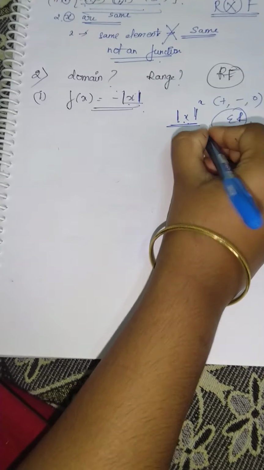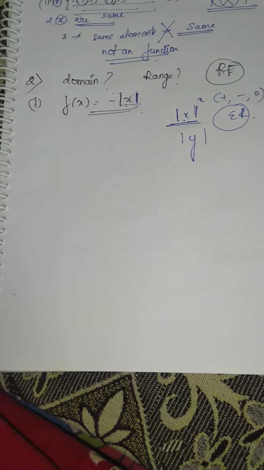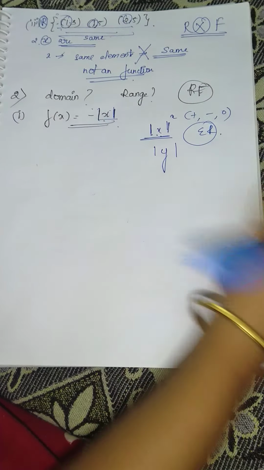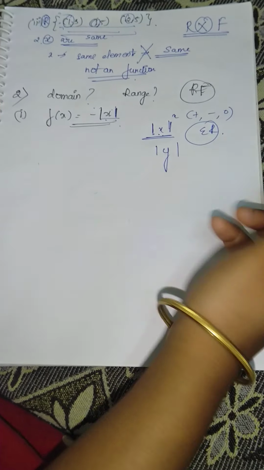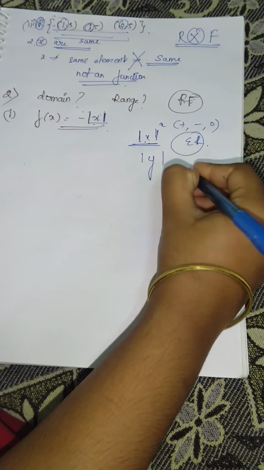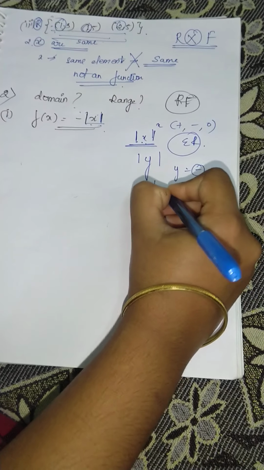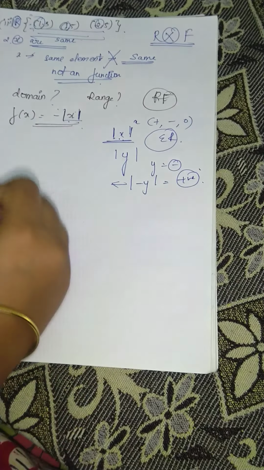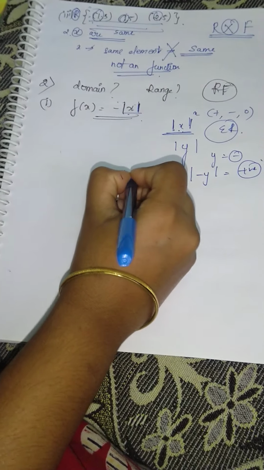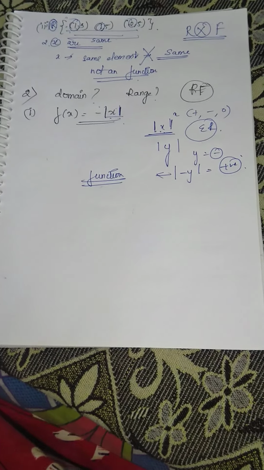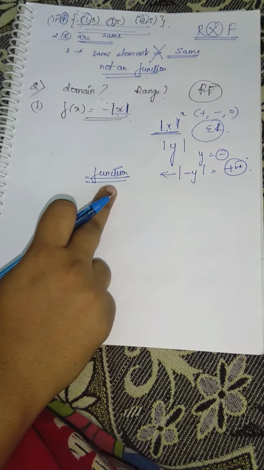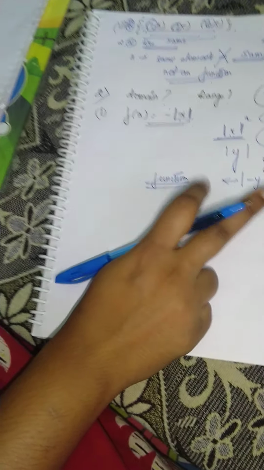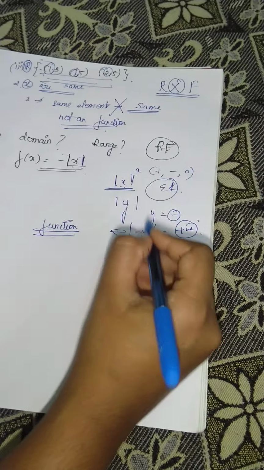And suppose it is given like this, you have to say it as modulus of y. At this condition, if you put a negative value, suppose y is equal to a negative value, inside the modulus it becomes positive. That is the speciality of this modulus. Whatever may be the thing, it is going to give us positive only.